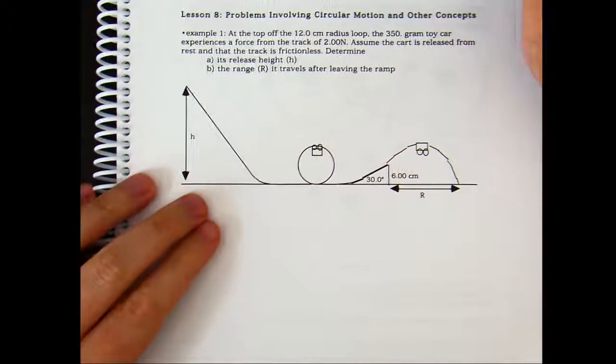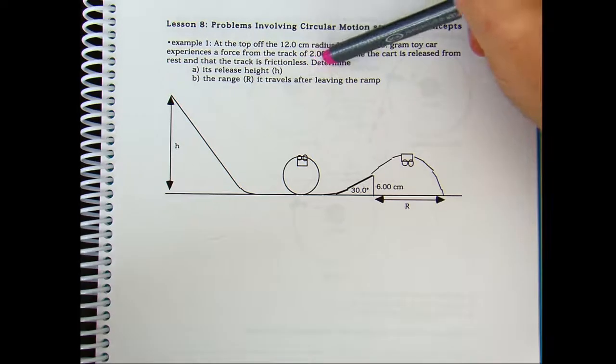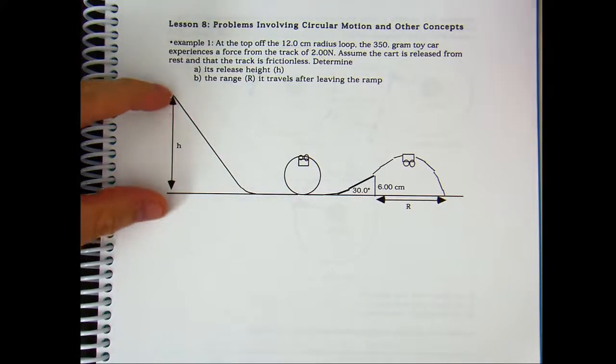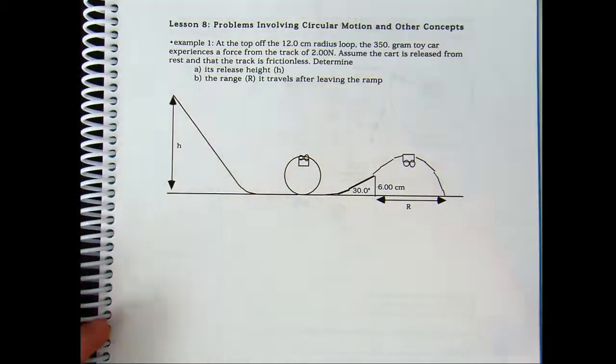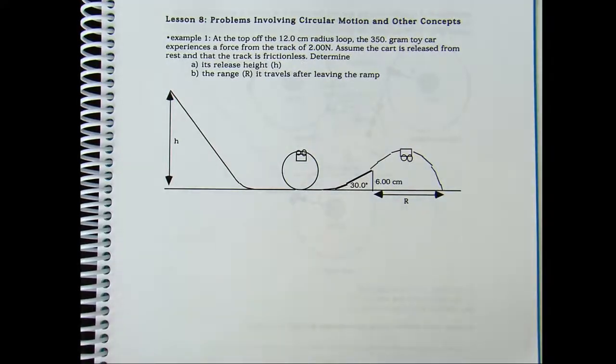First example. At the top of a 12 centimeter radius loop, we have a 350 gram toy car experiencing a force from the track of 2 newtons. Assuming that the car is released from rest and the track is frictionless, we want to determine 2 things. First, the height it was released from and the range it travels after leaving the ramp. There is so much going on here. It's awesome. So, the first thing to do is to identify